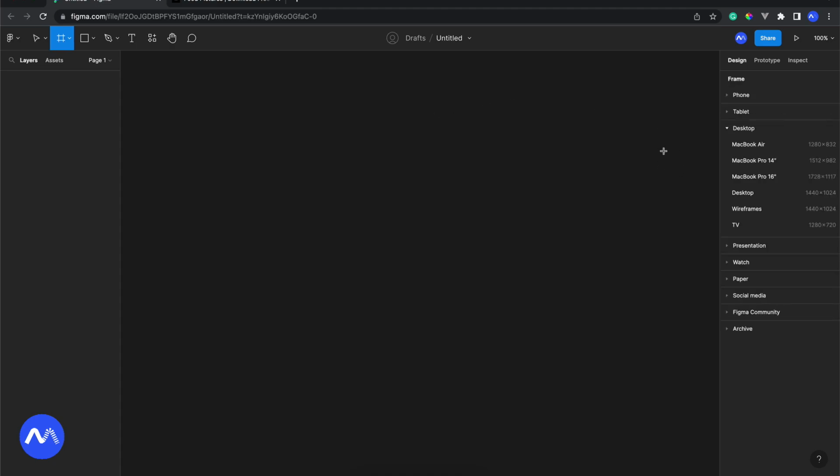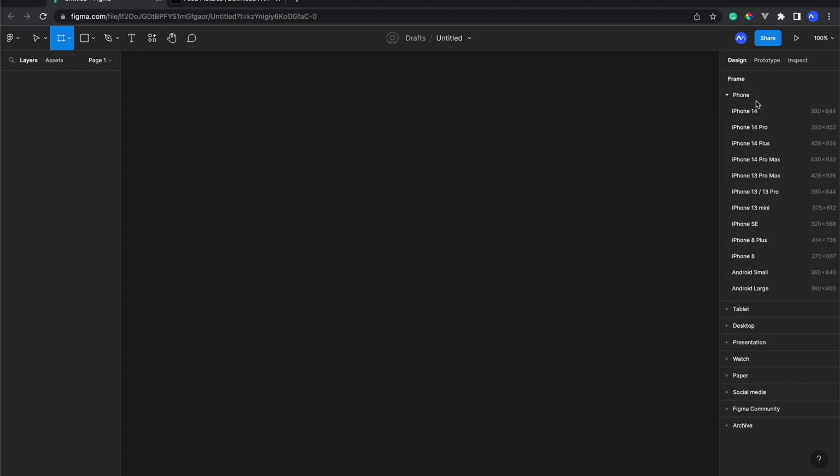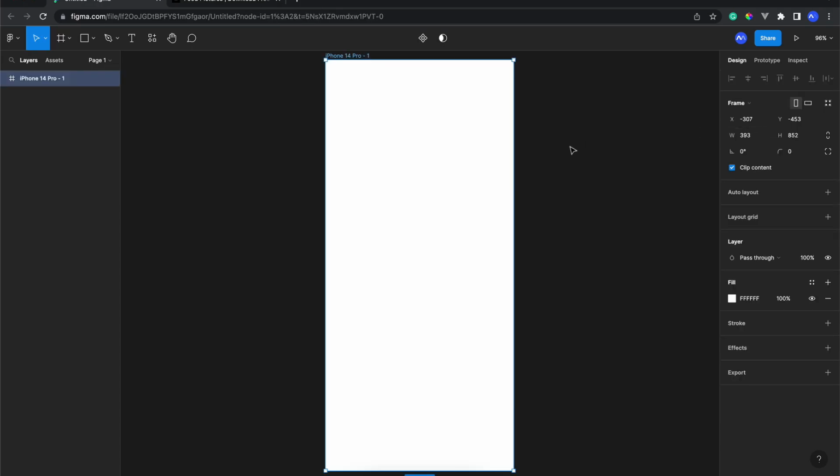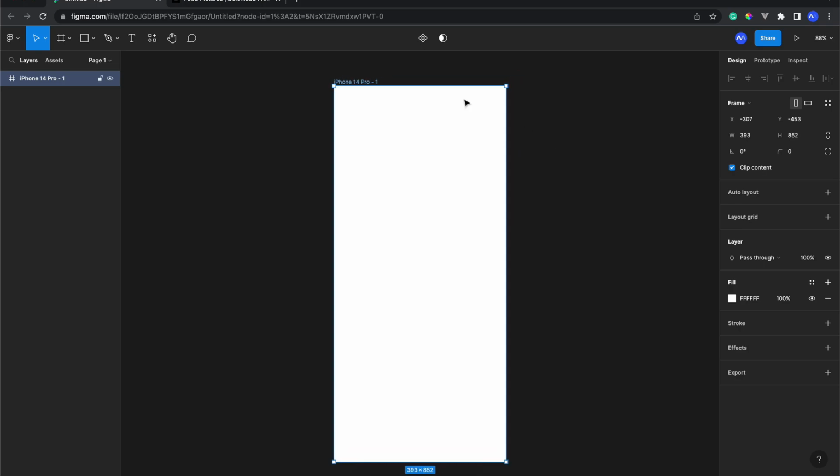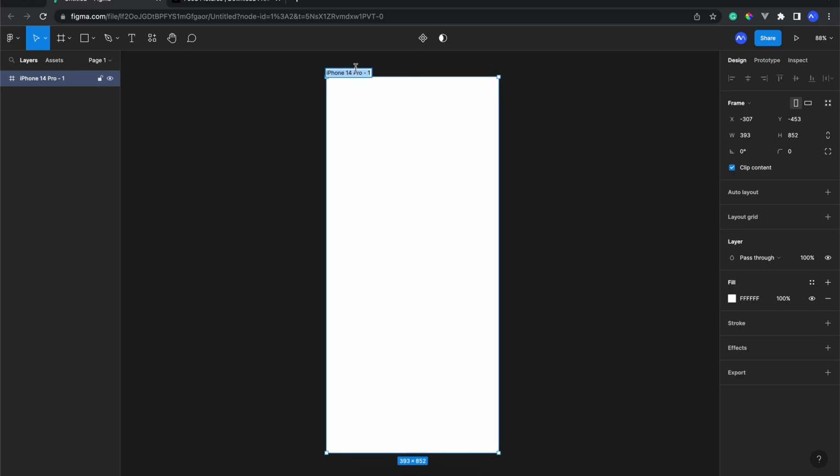We're gonna need an iPhone frame for the first thing. So we just press A on our keyboard and we select this phone, and then I'm gonna select this iPhone 14 Pro, and then we can just simply double click here to change the name of the page. We're gonna give it like food details screen. Okay, and you just need to hit enter, and it's gonna save the screen layer like this.